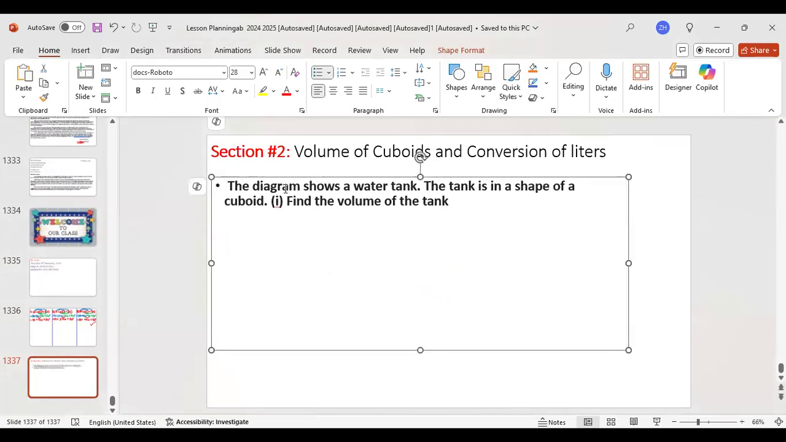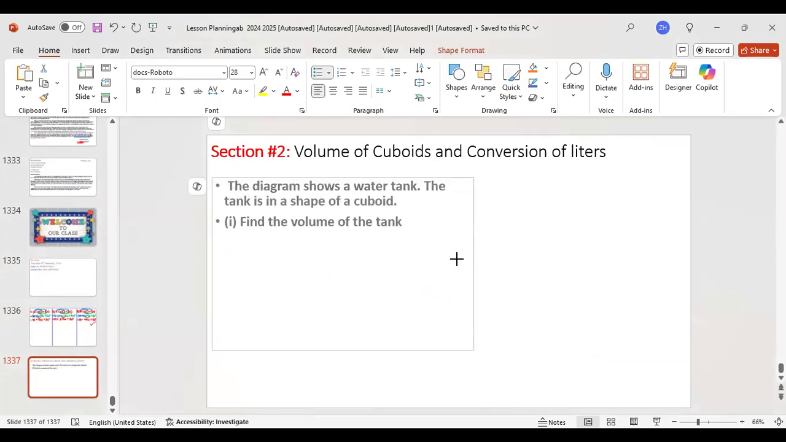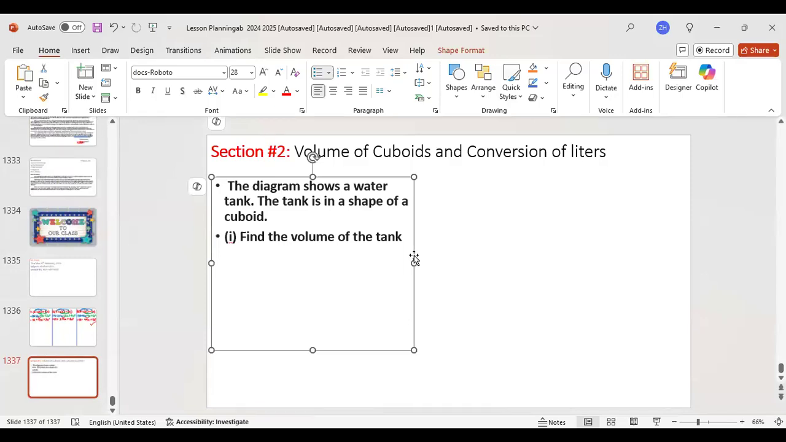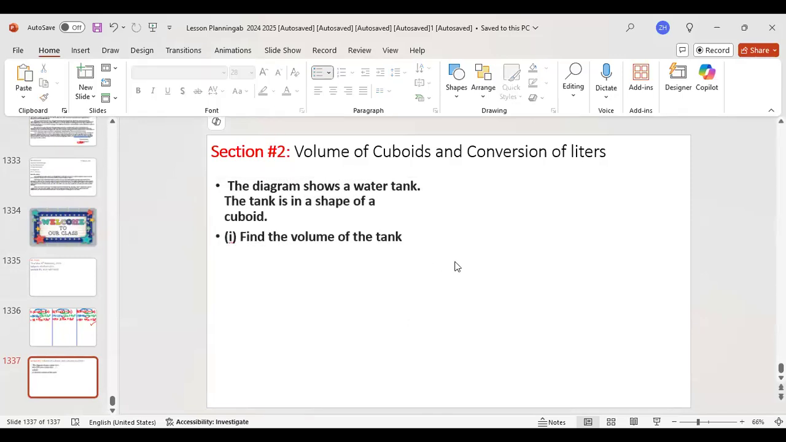So, and then we want to find the volume of it. So please pay attention. If you don't know how to draw the water tank properly, then pay attention as I draw it so you can make sure you understand how to draw it. I'm not an artist, but I can try my best to draw it. Okay, so